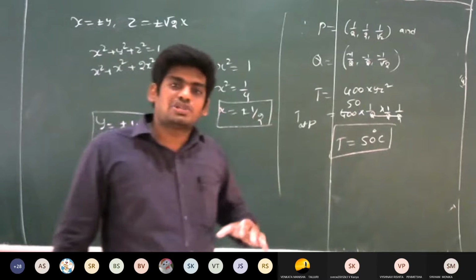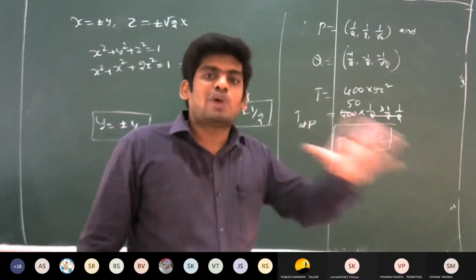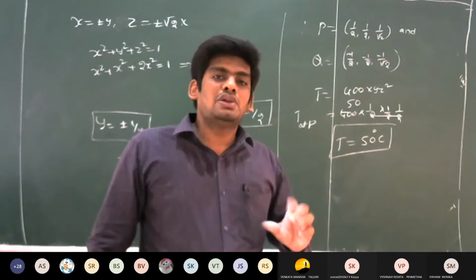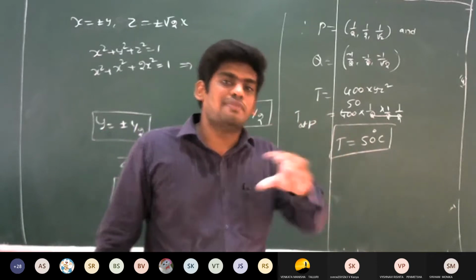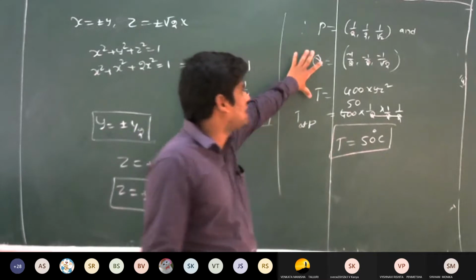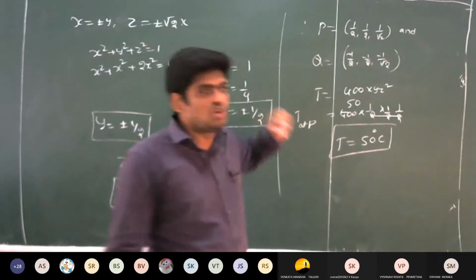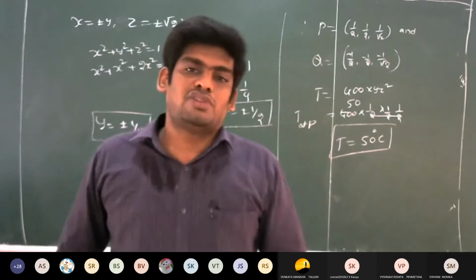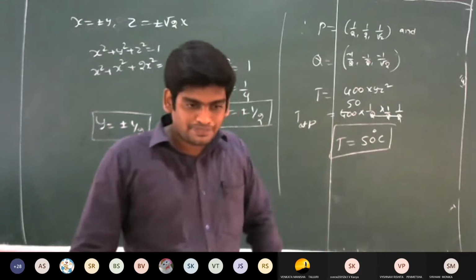Based on the given question, suppose in the given question they ask to find the minimum temperature, then you have to identify the point which gives the minimum temperature. But in the given question they ask for the maximum temperature. Because of that I am calculating the points P comma Q. But unfortunately, at the point P and at the point Q, we are getting the same temperature value, that is 50 degrees centigrade. So is it clear to you?